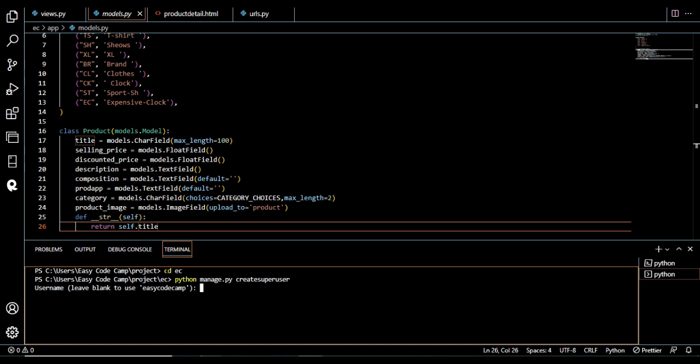So you have got this username. If you are going to make a username for your browser, by the way, for example, product1, hit enter. Type your email address, for example, product@gmail.com, hit enter. Make a password for your admin page, for example